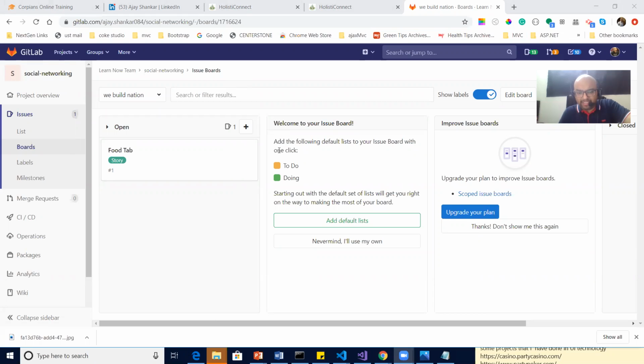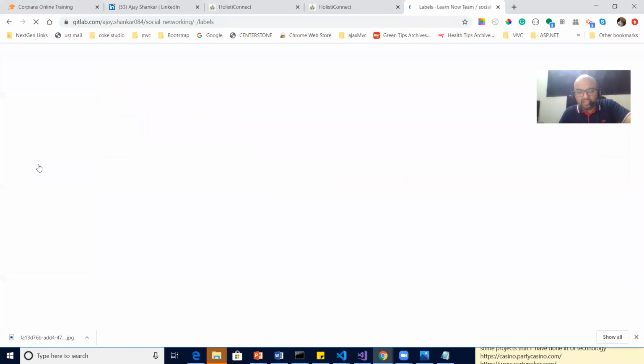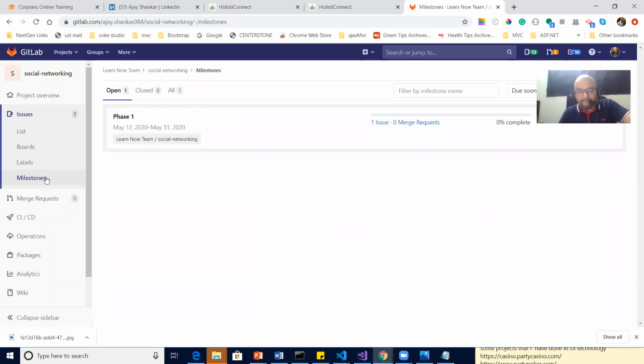Now you see the next thing. Next thing is the board. I'm on the left-hand side, basically playing with the application from the left-hand side banner. On the issues, you can create new issues. Then labels, you can create new labels. Milestone, you can create a new milestone. Correct? And like this, you have the board.